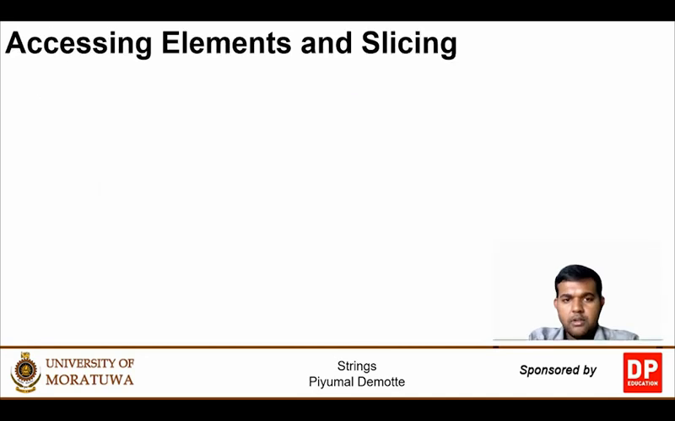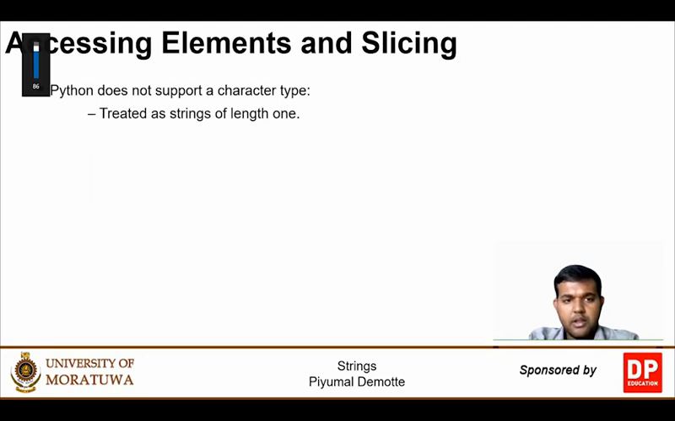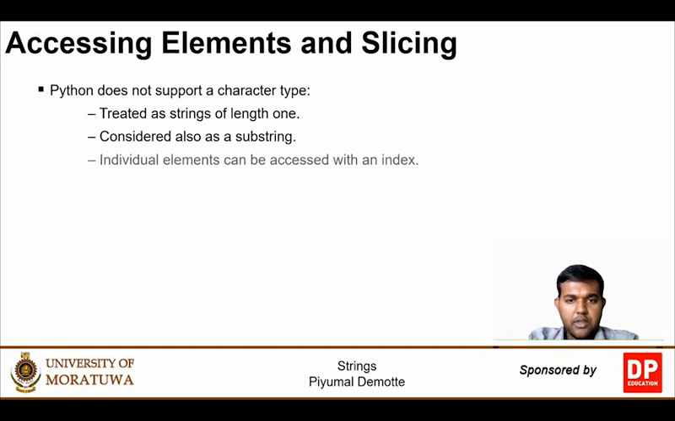Unlike some other programming languages, Python does not have a character data type. A single character is also considered a string of length 1. A character in a string is also considered a substring. To access individual characters in a string, we can use the square bracket operation with the index. The slice notation, or the square bracket operation with two indices separated by a colon, can be used to specify